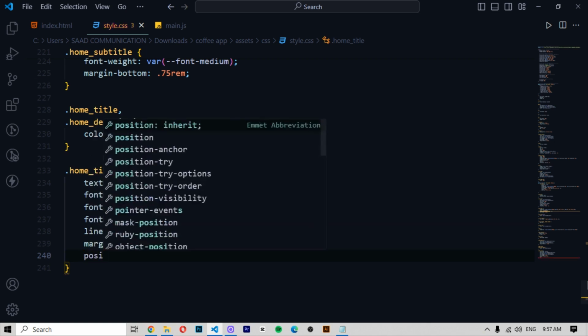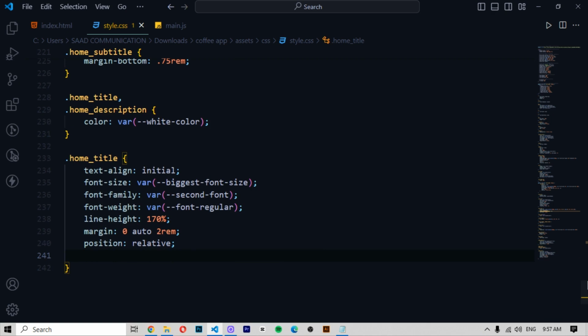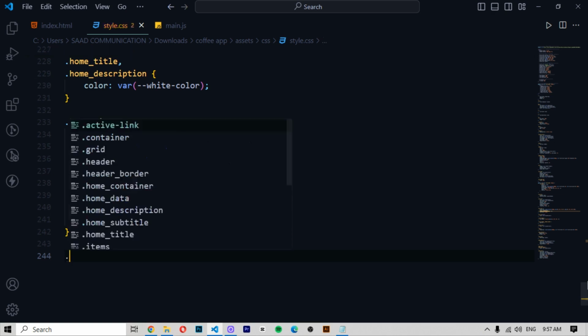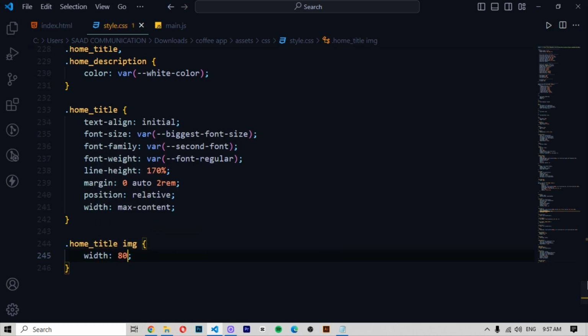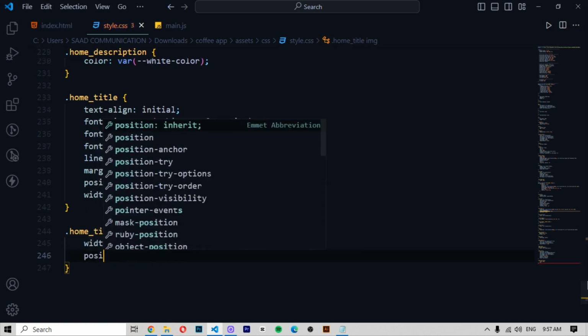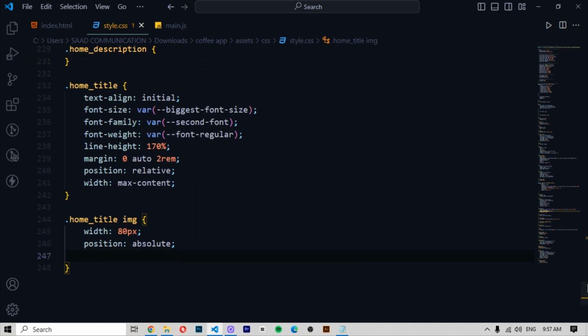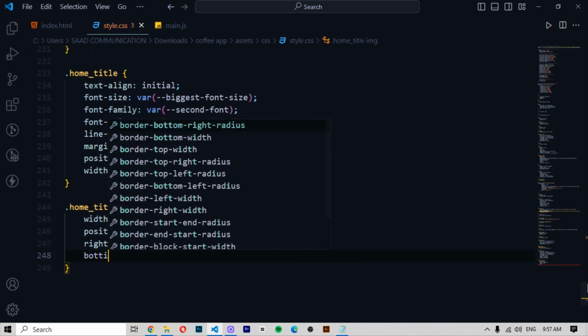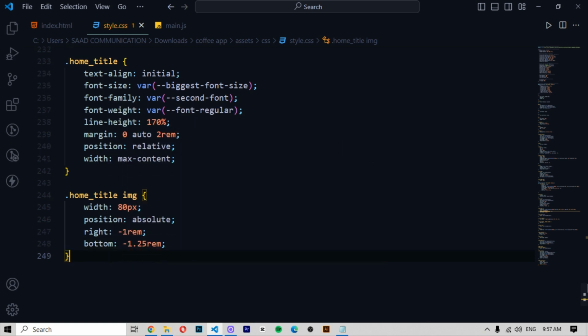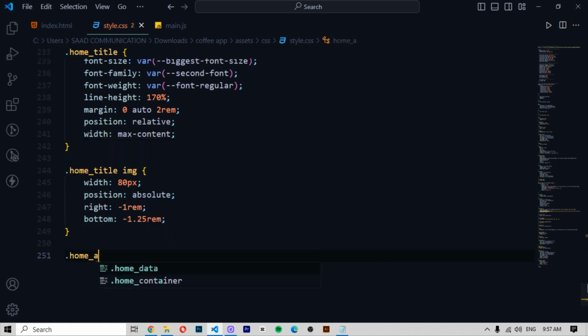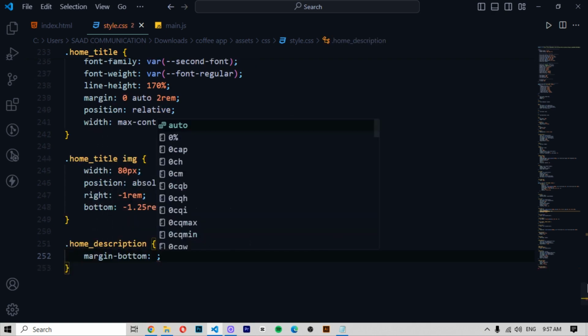And then position should be relative, and then width should be max-content, and then .home-title img should be width 80px, and then position should be absolute, then right should be -1rem, and then bottom should be -1.25rem, and now perfect. Now .home-description margin-bottom should be 2rem,